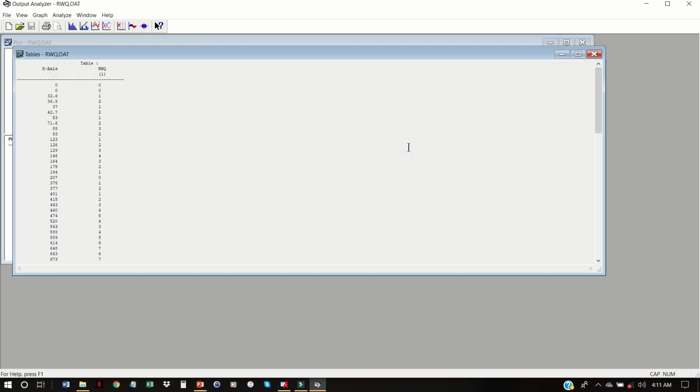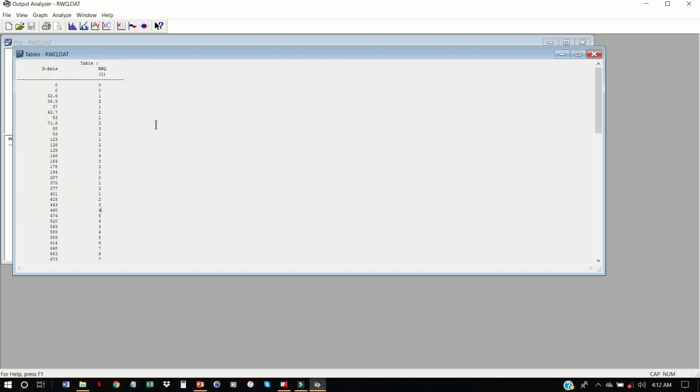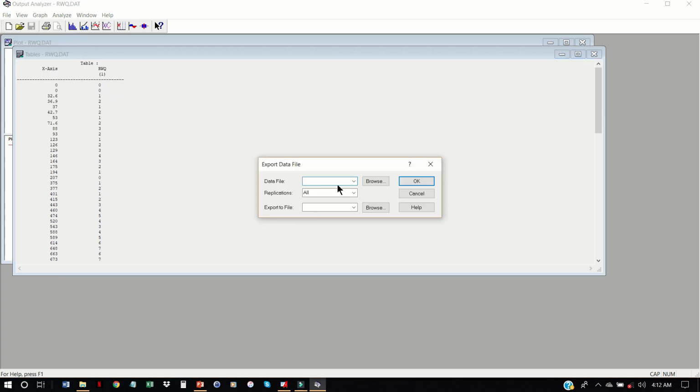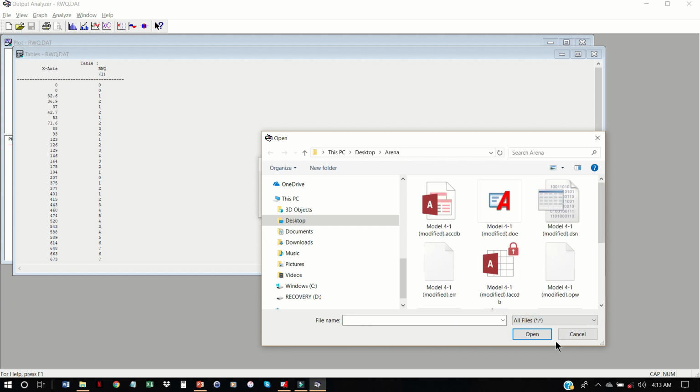Okay. And we can either copy and paste this into some other file, but if we want to be able to view it and access it in some other type of software, we can do that very easily by going to File, Data File, Export, and then we can export this, let's give it a name, we can export this as a .csv file. That's a comma separated values file, and that's a file that can be opened in Excel. So let me create this file,